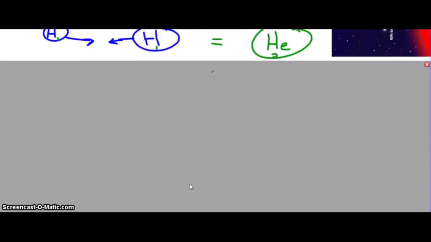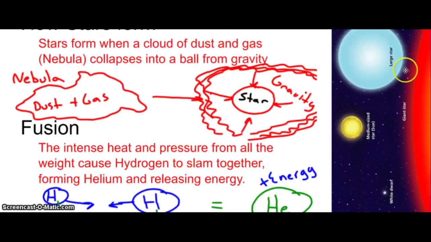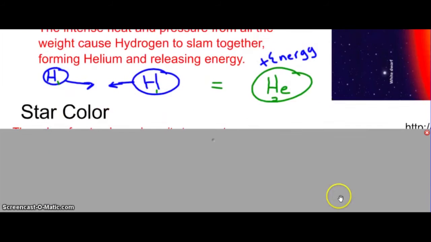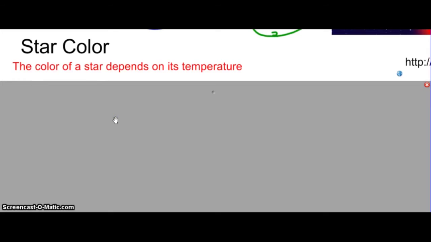So lastly, now these stars right here have different colors. And as you look up into the night sky, you'll see that there are different colors to stars. What is up with that? So stars, if you look up in the sky, you'll notice they have different colors. And that color depends on its temperature. Stars can have different temperatures depending on their size, what they're made of, all sorts of stuff. But in short, to keep it simple,